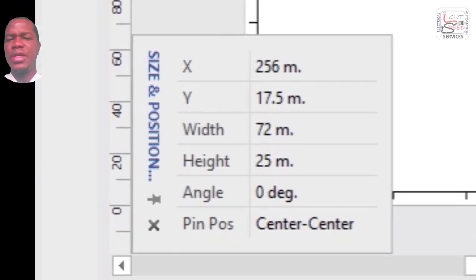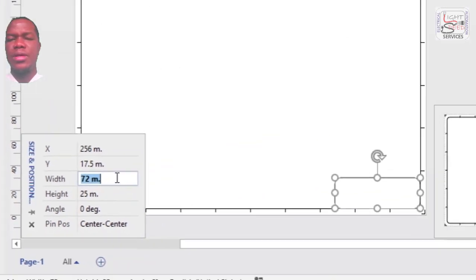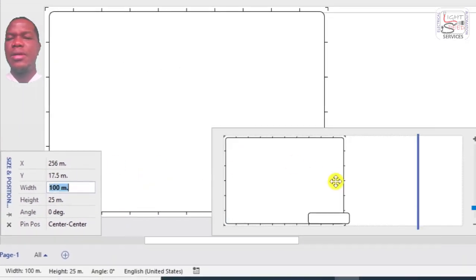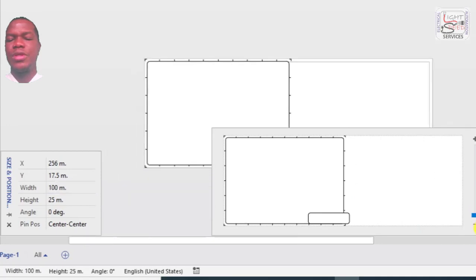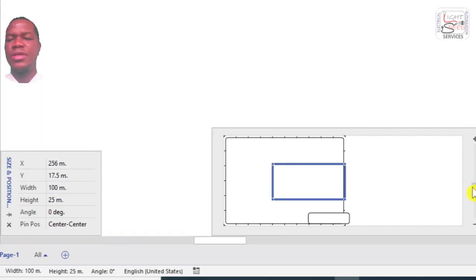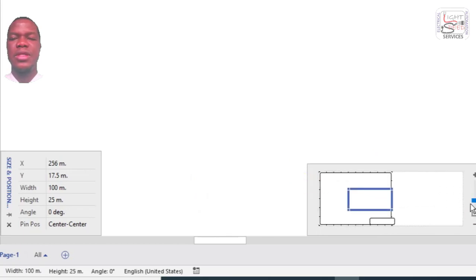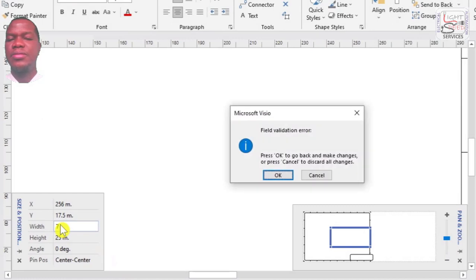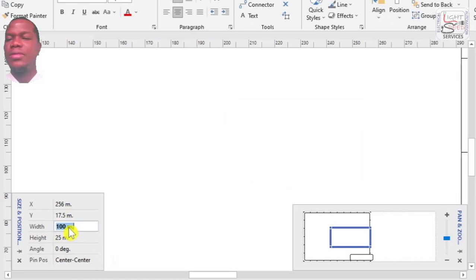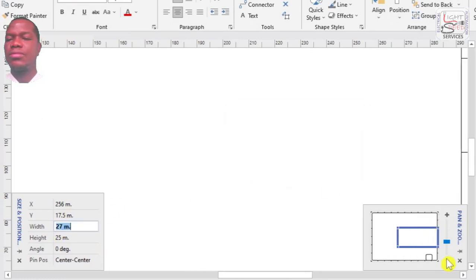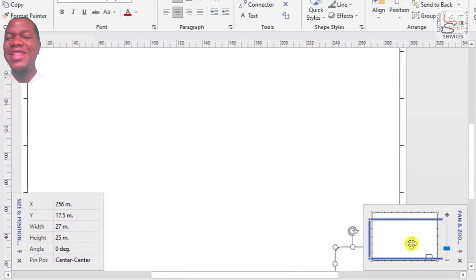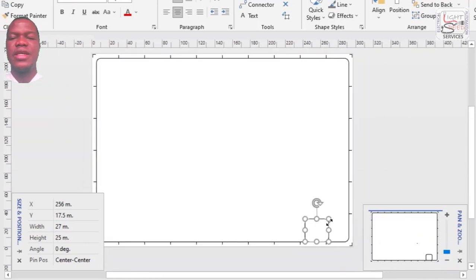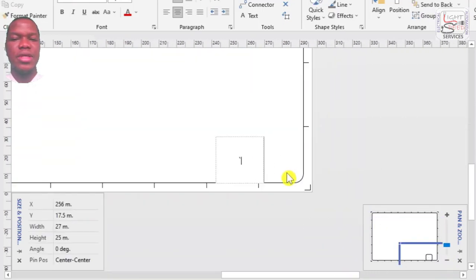I'm going to be using a 100 meter by 30 or 40. Okay, sorry, I resized my pan and zoom box instead. So okay, I see. I need to click on the box before I resize, so that the resizing affects the box.